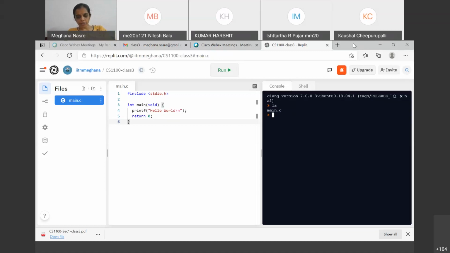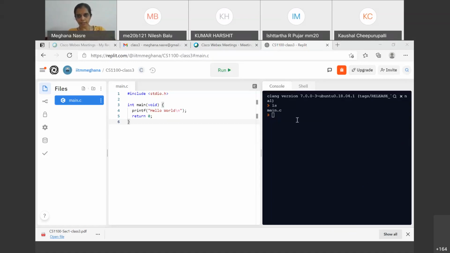Okay, so I want to ask one thing, Kaushal, are you able to see the messages that I get, the chat messages? Some of them I can't see since some are being sent to you in private, I guess. Okay, so I don't know some of the messages. For example, one of the students says that they couldn't join. Okay, so if you have joined late, don't worry, I will get back to you.